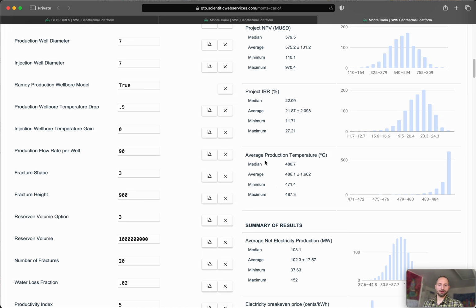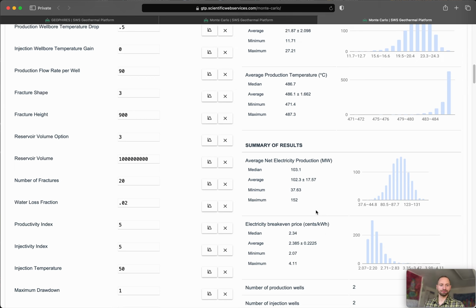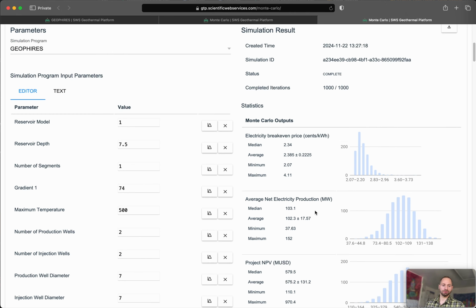It looks like we've got a power law going on with our average production temperature, and normal distributions for some of the other outputs. But let's look at using the Monte Carlo simulation to explore optimizing an output that we're interested in. Of course, electricity break-even price is one that most projects are interested in minimizing